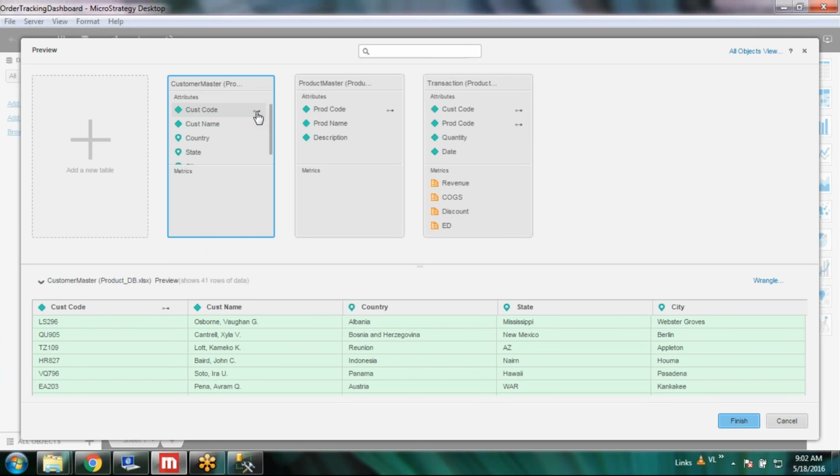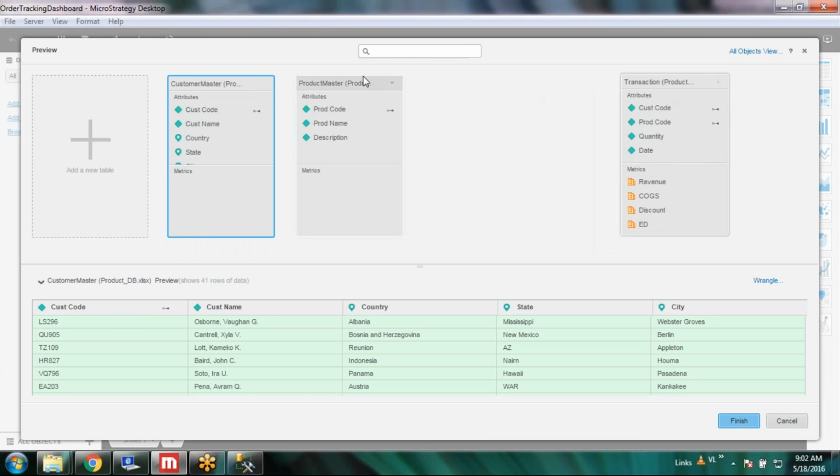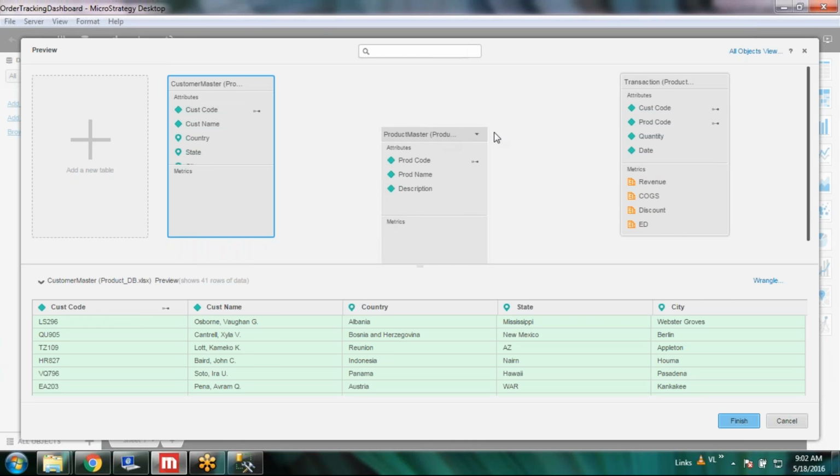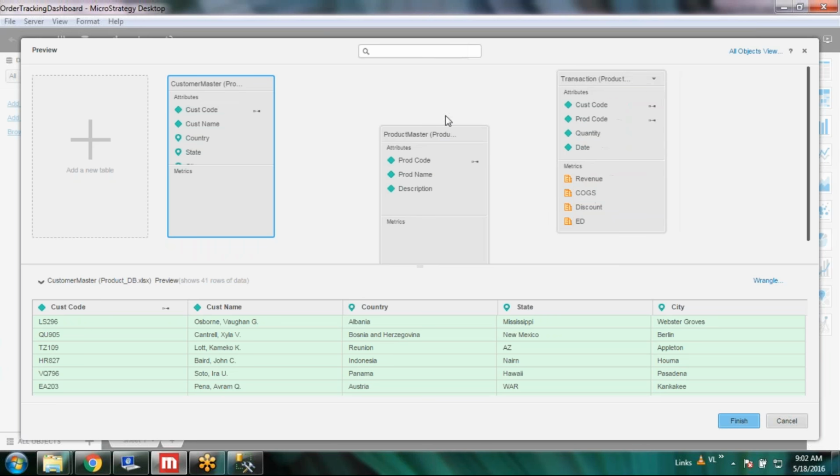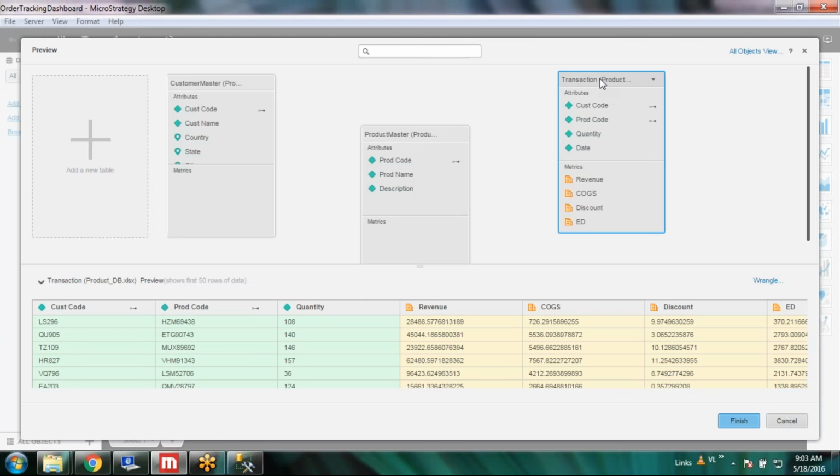So these three are customer master, product master, and transaction. They have common attributes like customer, like product code. So these three tables are interlinked. If only two are interlinked, can we join all three or not? Perfect, now you are getting the subject matter. So customer master has the relationship with transaction. How do you know? Because